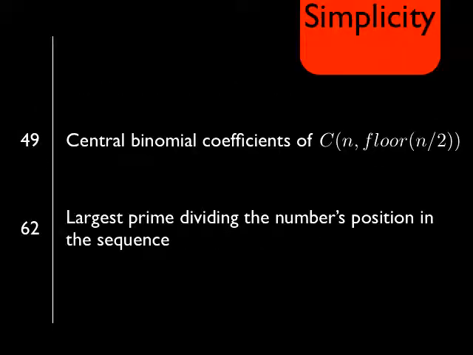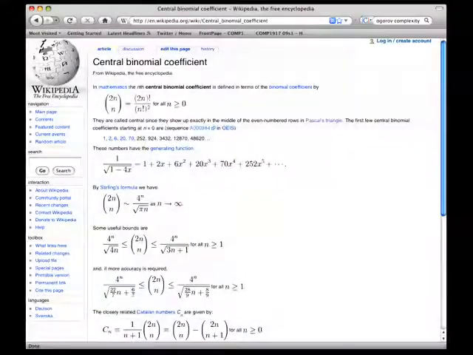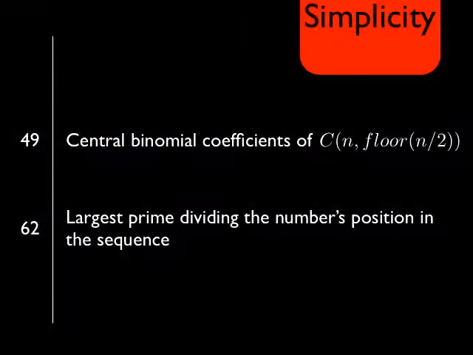The problem you get, and you get the exact same problem with computer programming, is that there's a certain amount of assumed knowledge. And when are you allowed to use assumed knowledge and when aren't you? Because this changes the results a whole bunch. I looked at Wikipedia for the central binomial coefficients, and it looks like this. So you can imagine us then restating this to instead have this 49 and 62, the numbers of the description length to maybe include the Wikipedia page. But that doesn't really help you either, because the Wikipedia page itself is assuming a whole bunch of other